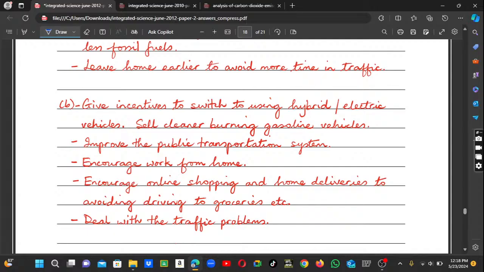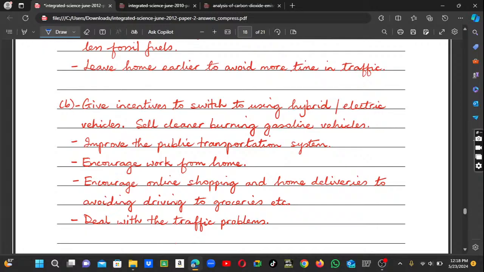So therefore, what the government could also do is improve the public transportation system, right? And the government could also encourage work from home. So instead of a lot of people going to work every single day, guys, using public transportation, what the government could do is to encourage a lot of people to work from home. So with these methods in place, a lot of people could work from home, so we'd have less